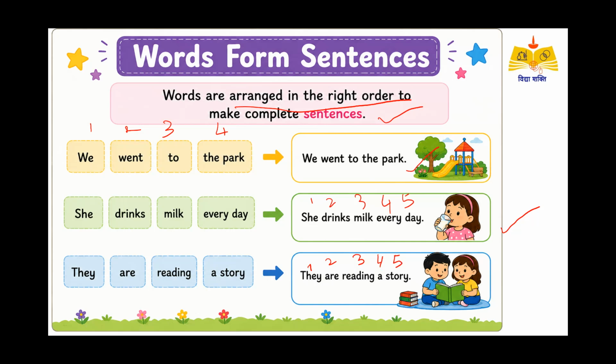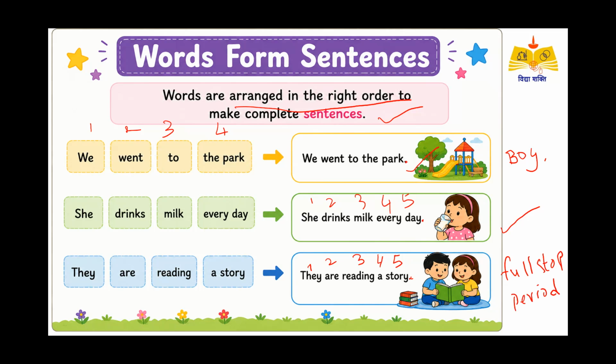Okay, so you put the words together, you arrange them in a proper order to make a sentence, and always you end the sentence with the full stop. Okay, so words rasetappudu we don't write full stop, but when you are writing a sentence, you will end the sentence with a full stop. You can also call it a period. Okay, dot untundi kada, that is called either full stop or period.